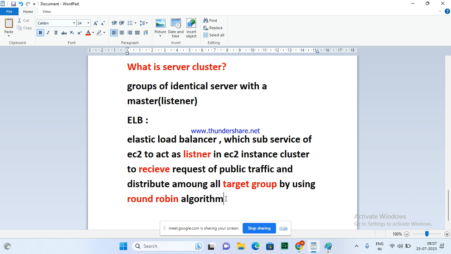Target group means what? The word you can technically use is route. You can use distribute also. That means 2 words. You should not be confused in an interview if someone says, how does the load balancer route? So you should not say what route means. Route means nothing but distribute, right?